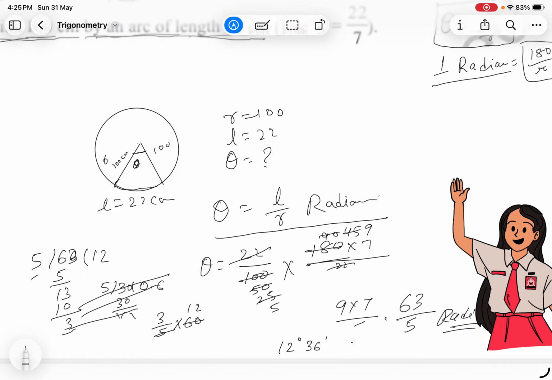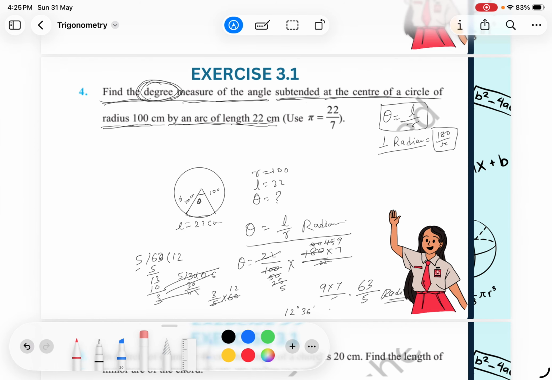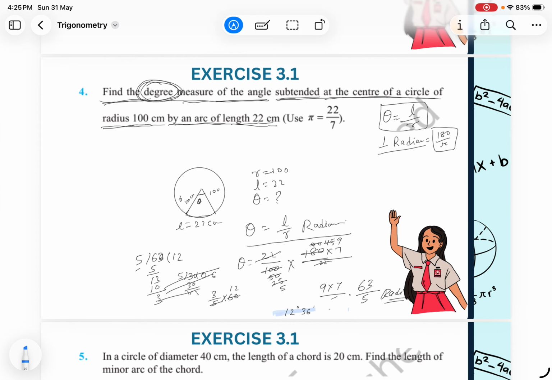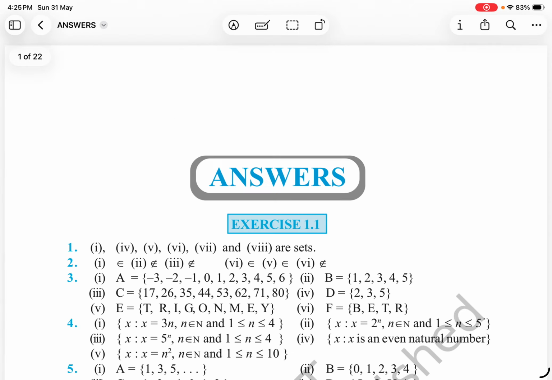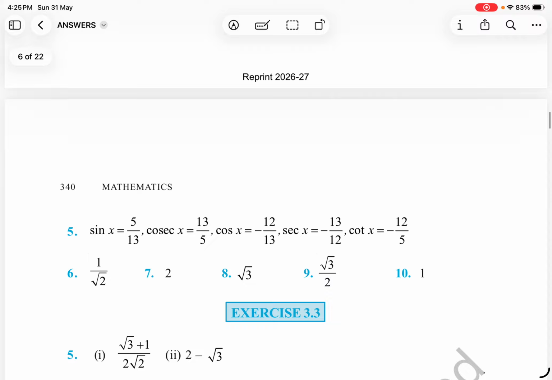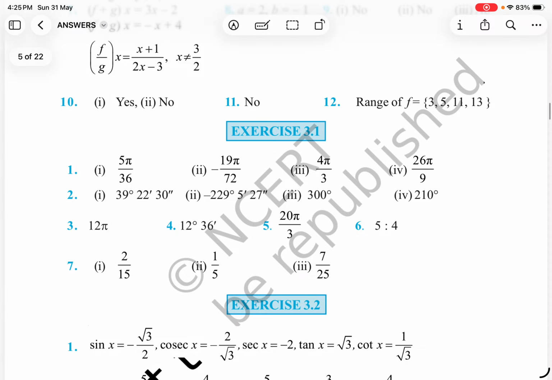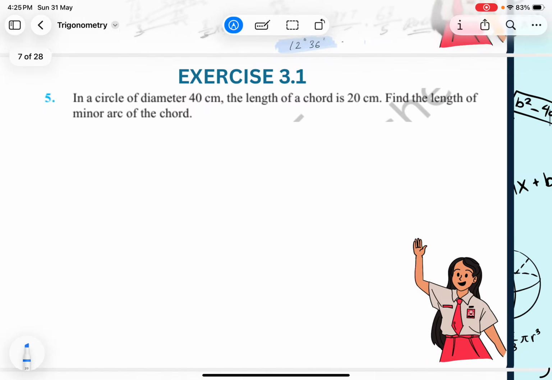Let's verify our answer. Question number 4, the answer is 12 degree 36 minute, right? 12 degree 36 minute. Degree, yeah, so you see here 12 degree and 36 minute, our answer is right. Okay, now question number 5